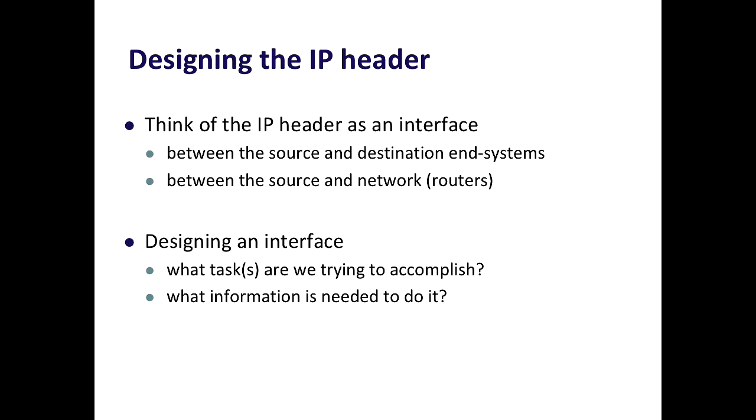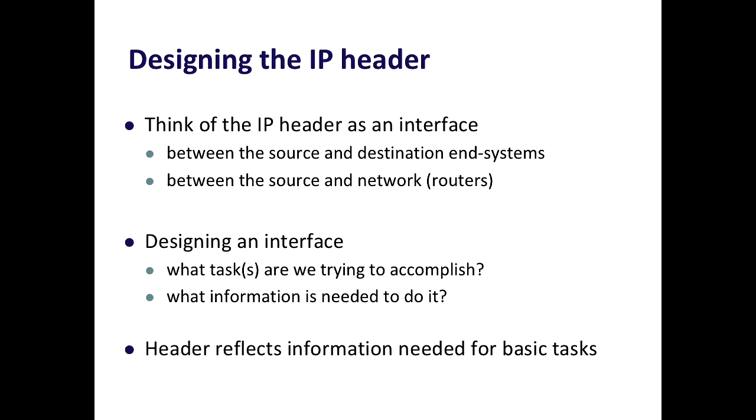Does that resonate? And so the header is really what information do I need to pass to the network so it can do its job, and what information do I need to pass to the destination end host so that it can do its job. Is that kind of setup clear? So we need to think in terms of what tasks are we trying to do at the network layer, and what information do we need in order to achieve